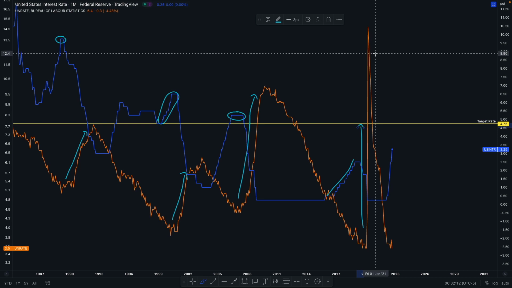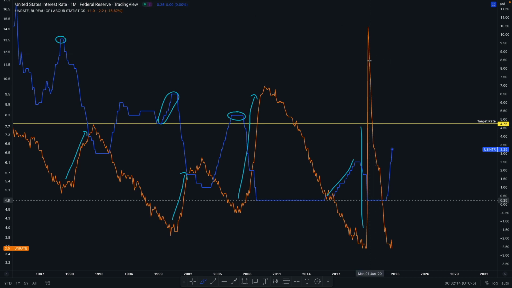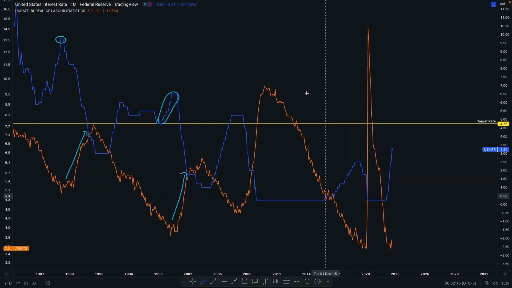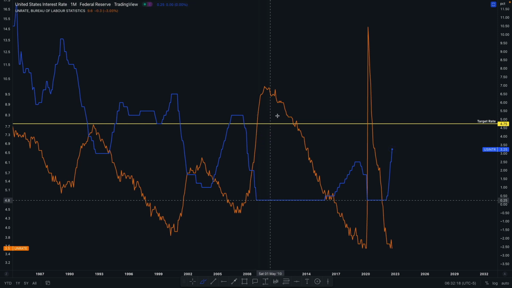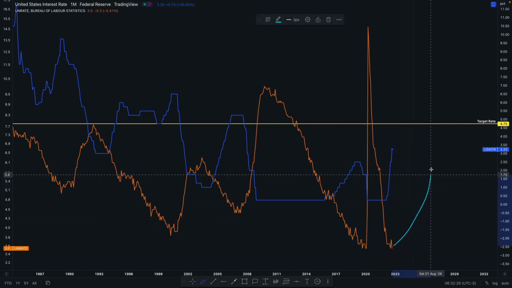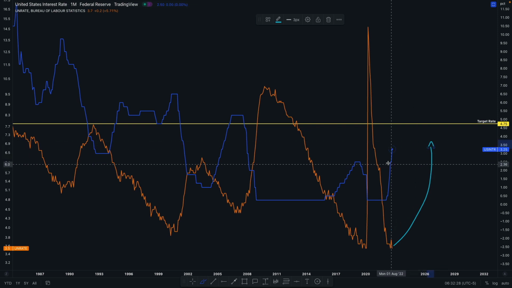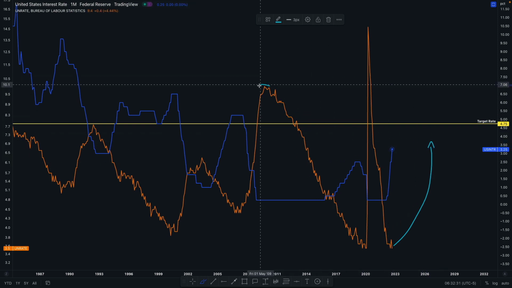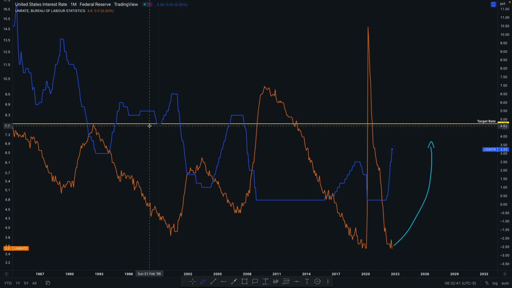Obviously this is the COVID pandemic, so there's a little bit of a different factor coming in here as to why it was so aggressive. But basically what I'm saying is that as interest rates start to rise, and once they cap out and they're done, typically that is when unemployment lags behind, and that's when we start to see a top out. When unemployment gets very high to certain levels, that's when the Fed declares the recession. But by that time, the stock market and the markets have already priced in the bottom. But it does take some time.